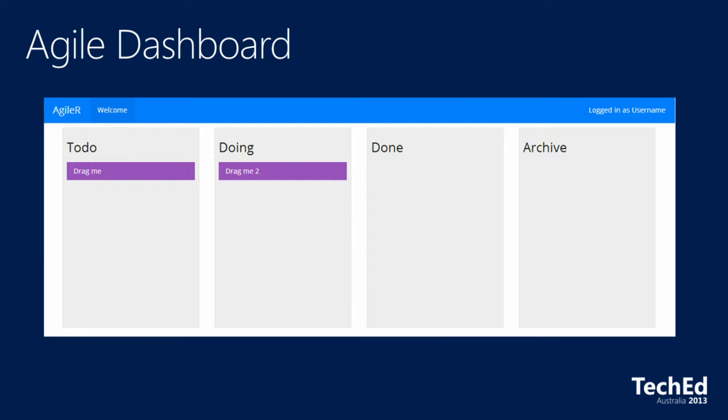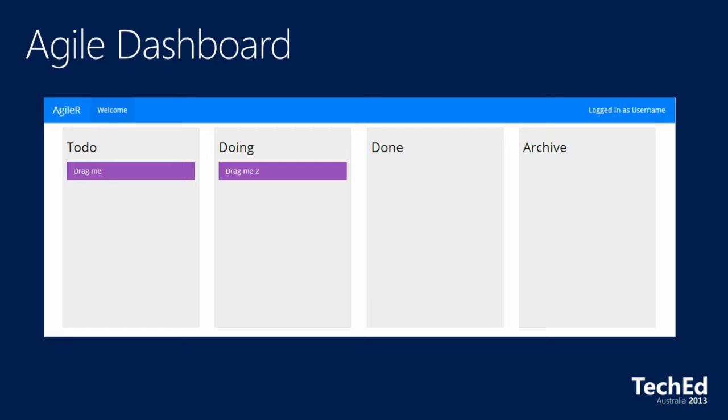You know, I'm a big user of agile dashboards, I admit it. So I built an agile dashboard without SignalR first, which is not very collaborative when I'm there by myself dragging my tasks around. I use this for my home. My wife doesn't like that.